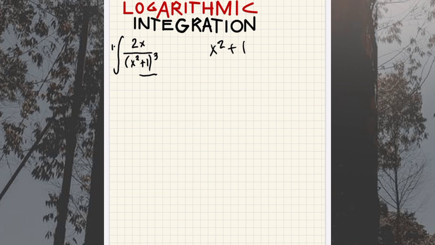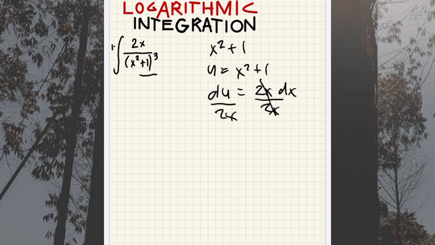So we let u is equal to x squared plus 1, which means du is equal to 2x dx. If we divide both sides by 2x, the 2x will be cancelled out, so dx is equal to du over 2x. Since we let u is equal to x squared plus 1,